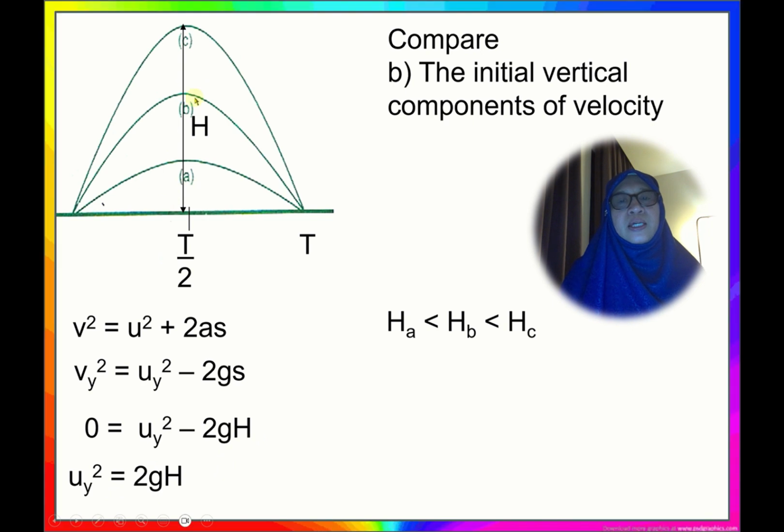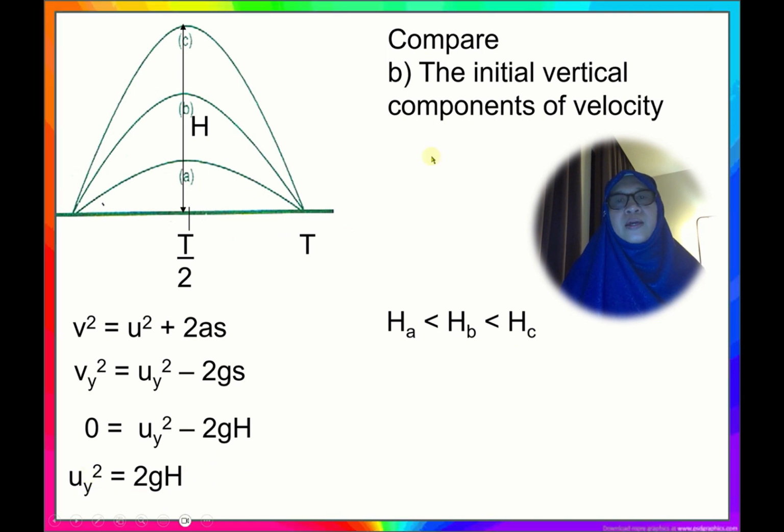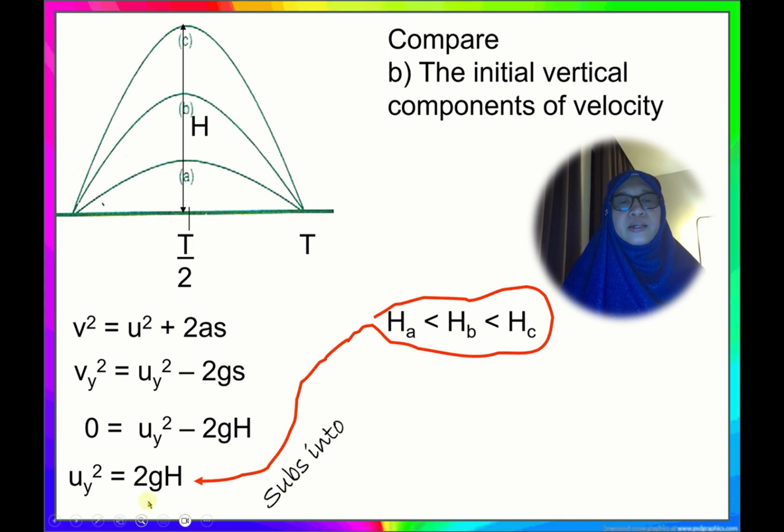So hA will be less than hB and less than hC. Therefore, since g is constant, when you see the relationship here, the higher the h, the higher the initial vertical component of the velocity. So we can write as, okay,